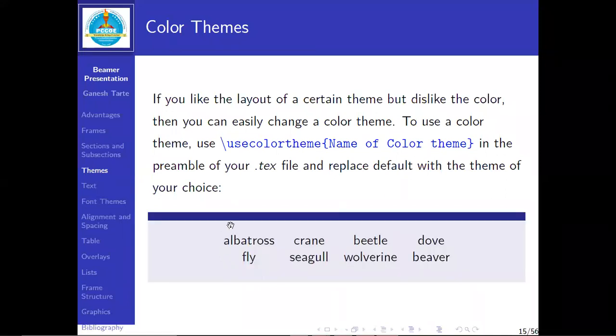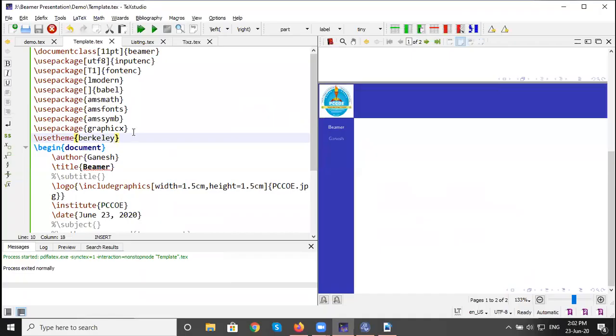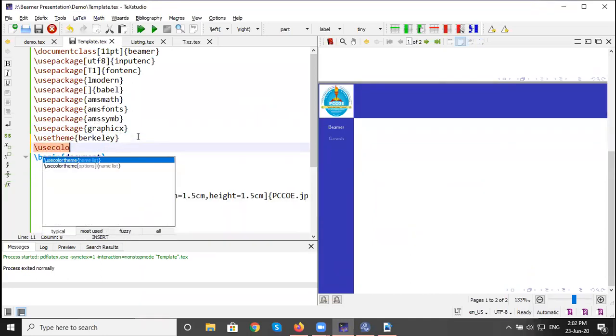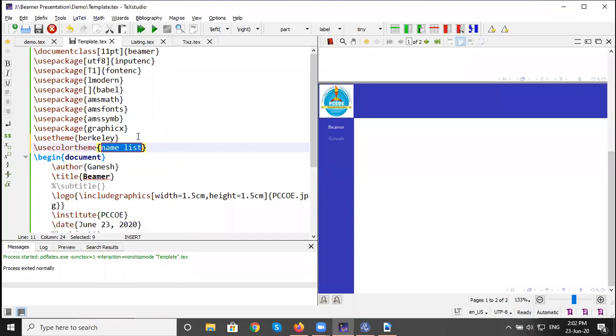So if you use one of these, for example, we use seagull. So we add here. I am using first of all Berkeley's theme in this, and then usecolortheme, and the theme name is seagull.